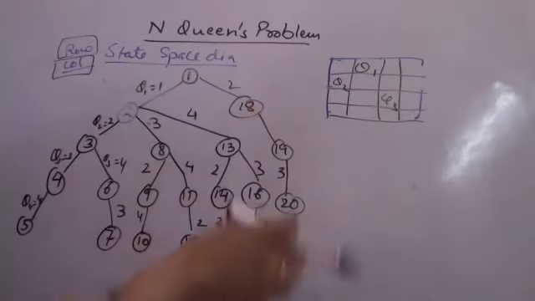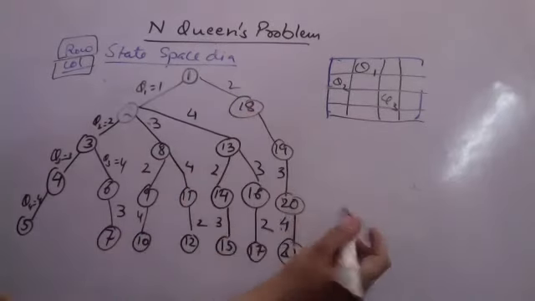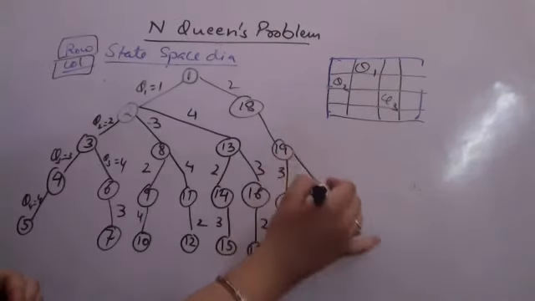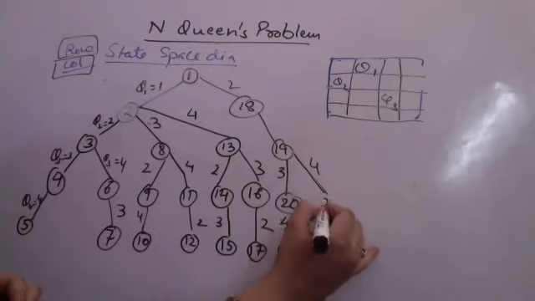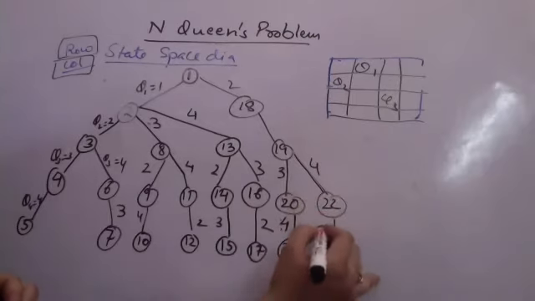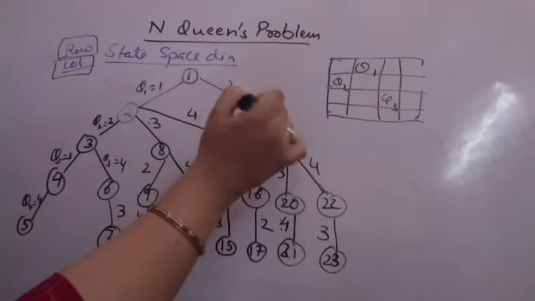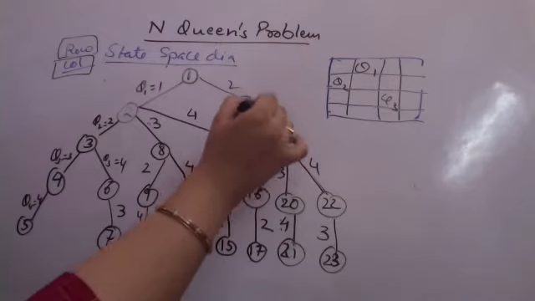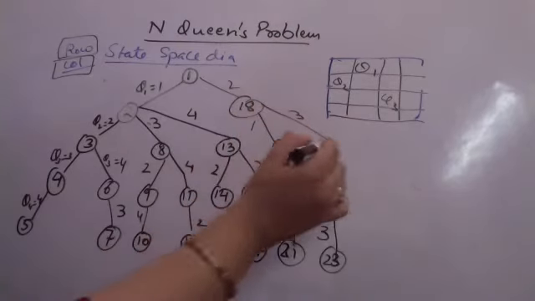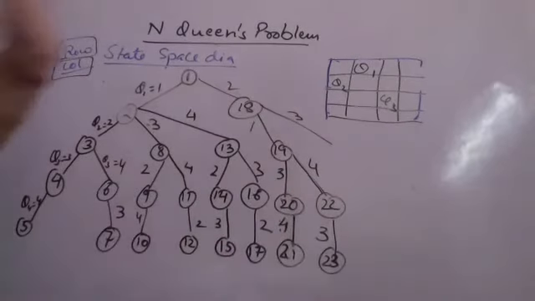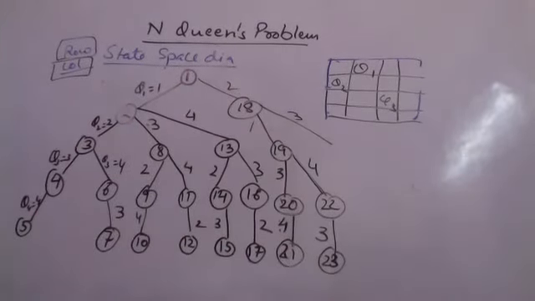Again, there is no other position left for queen 4. Backtrack here. Another position for queen 3 would be column number 4 and another position for queen 4 will be column number 3. Backtrack again back to queen 2. Change the position of queen 2. Earlier it was in column 1, now it goes to column 3. Check all feasible solutions. Then it will go to column 4. Check all feasible solutions. Then move queen 1, and so on.